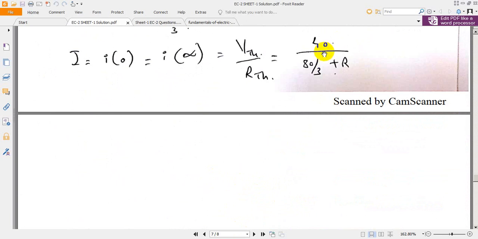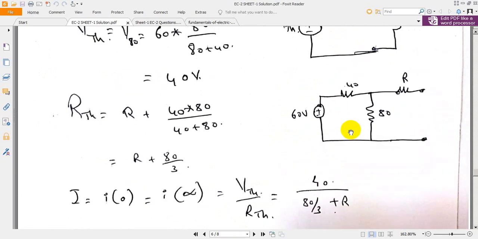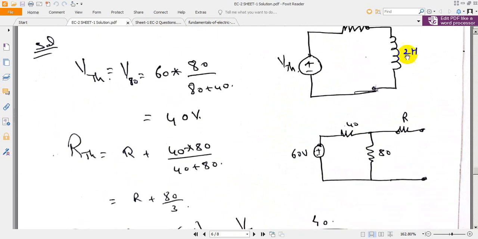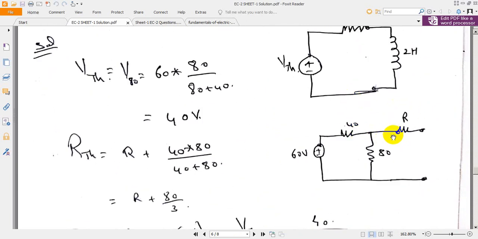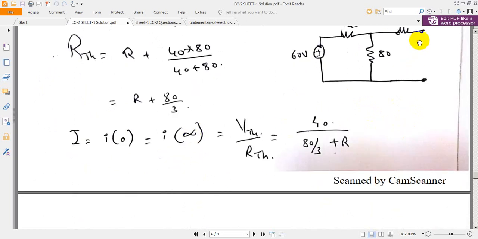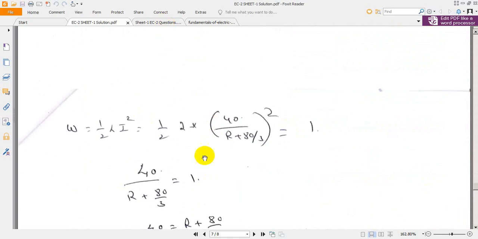Next, this is the current flowing in the circuit. Is it right? When we connect this, this will be the current flowing here when we short circuit it. Now, what we have evaluated,